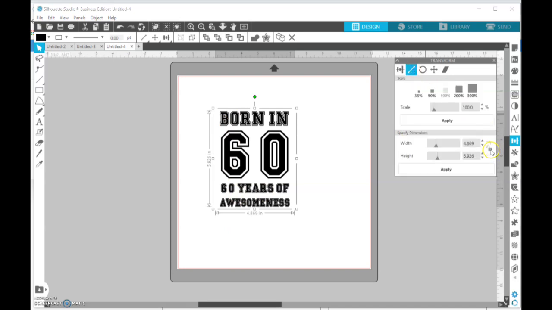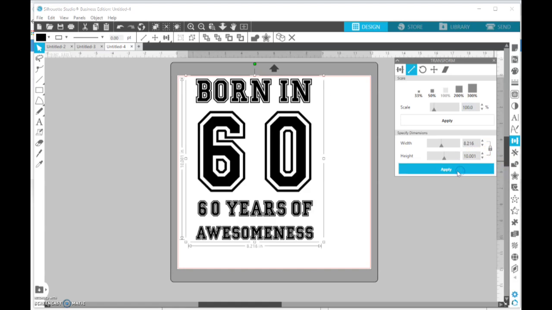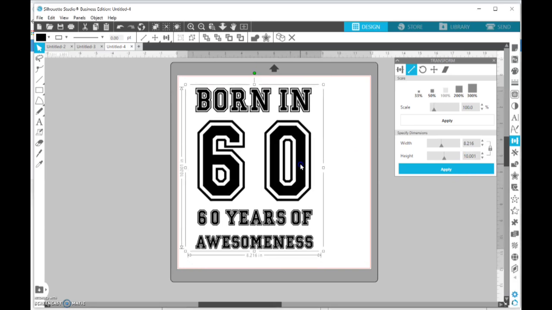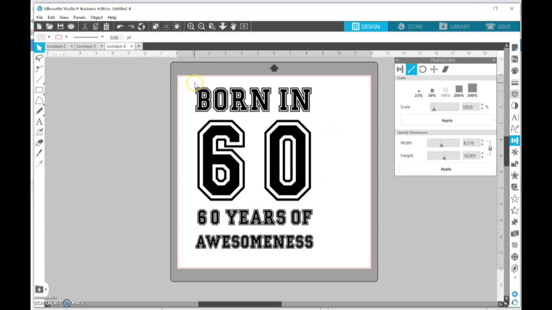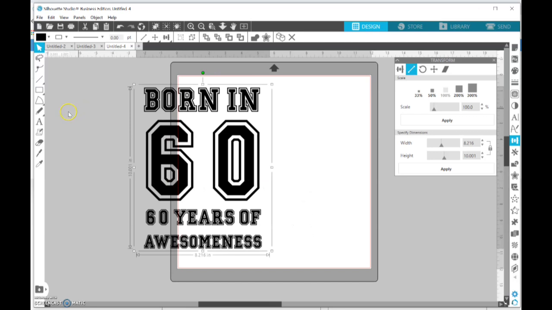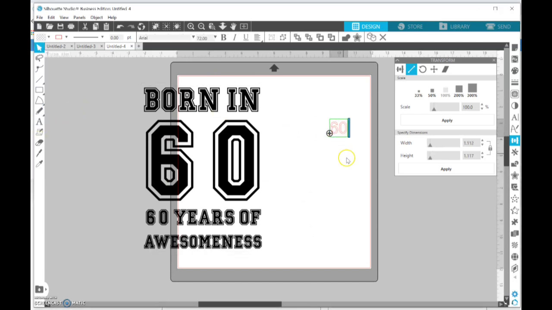So I'm coming back over here, locking the ratio there, and say I want that height to be about 10. Since this is going on my back, I have more room to play. So you see how large that is, and that will also help me get the detail in here. But the one thing I need to do is to get that 60. I could make another 60, and I think I just will, or I could duplicate the one, but I'm just going to go ahead